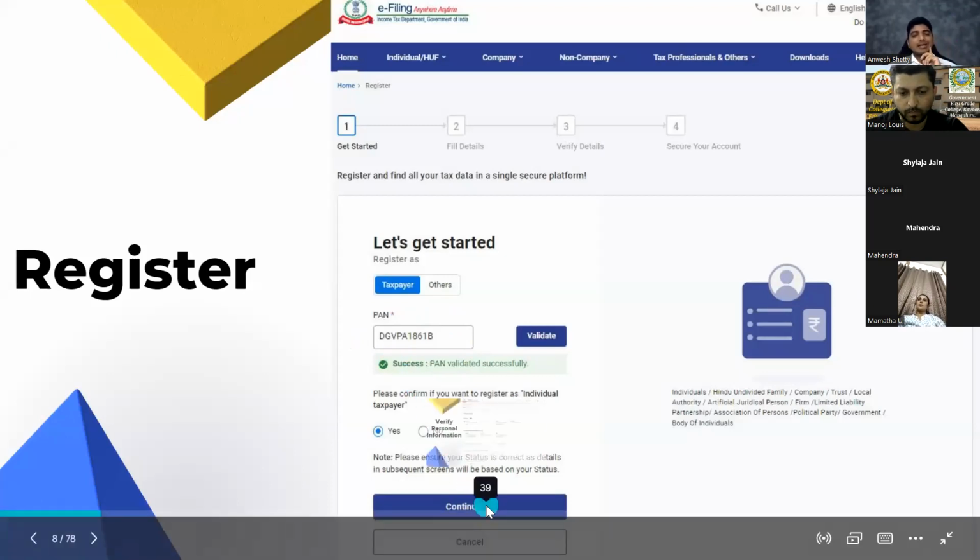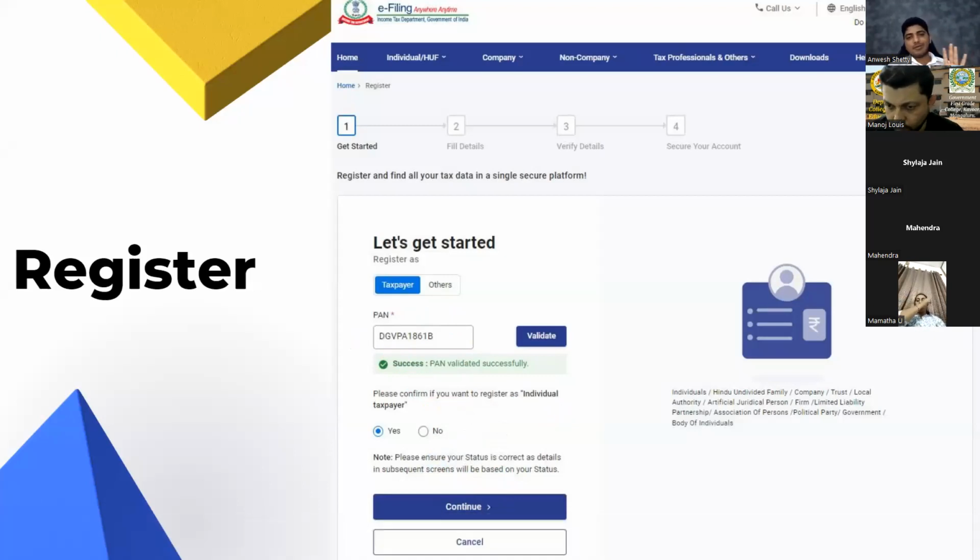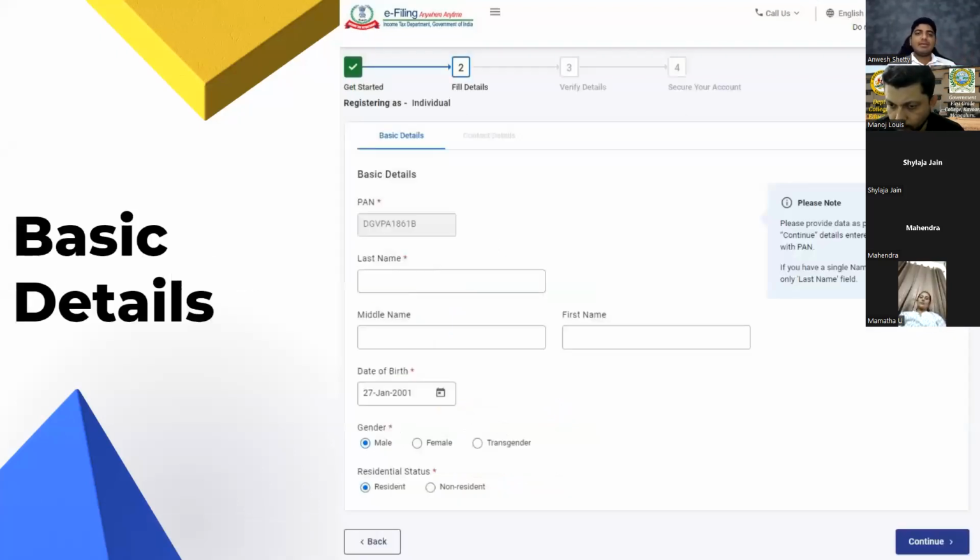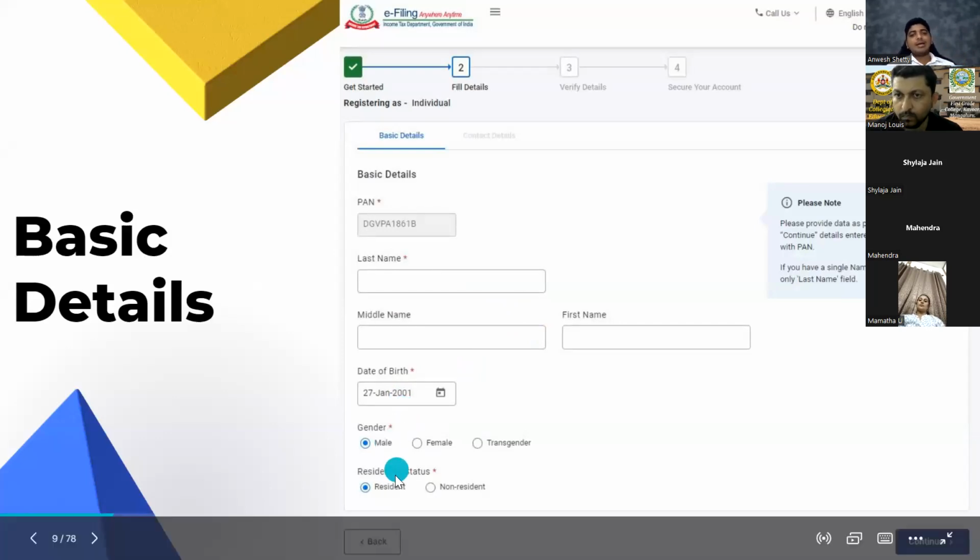I have to click on continue. Even now we are in the registration process, not in the filing process. And then they will ask the basic details. So they'll ask what is my last name, what is my first name. Please ensure that you fill in as it appears on your PAN card. Next, you have to fill in your date of birth. You also have to fill in your gender and you have to fill in your